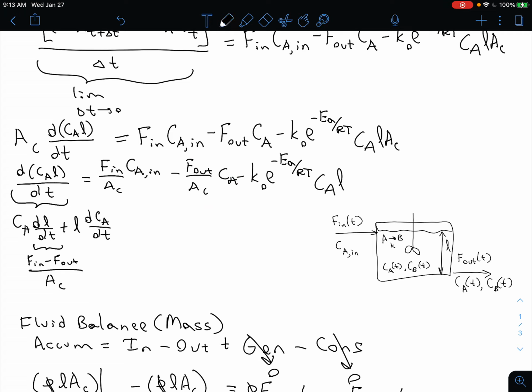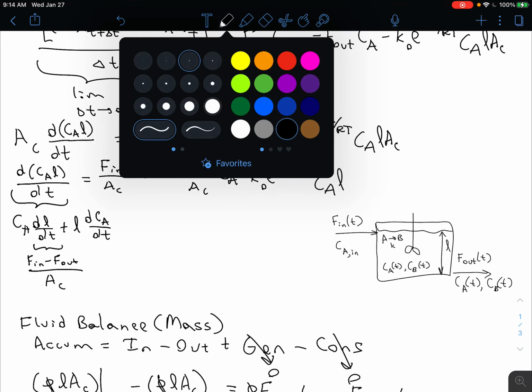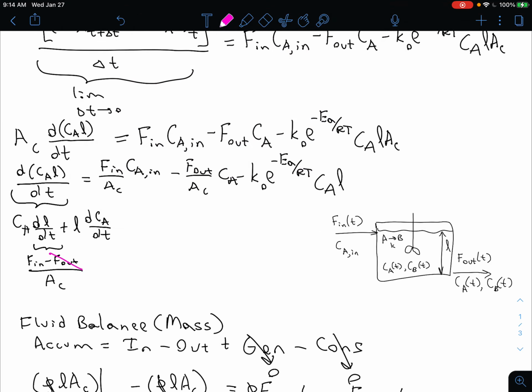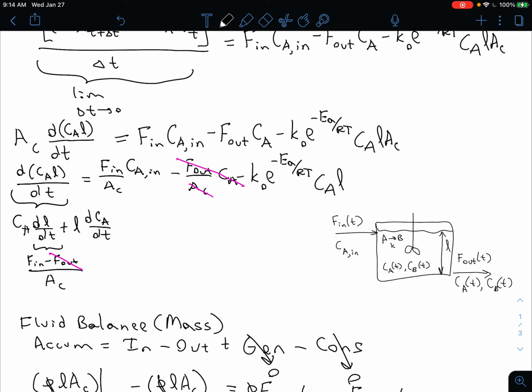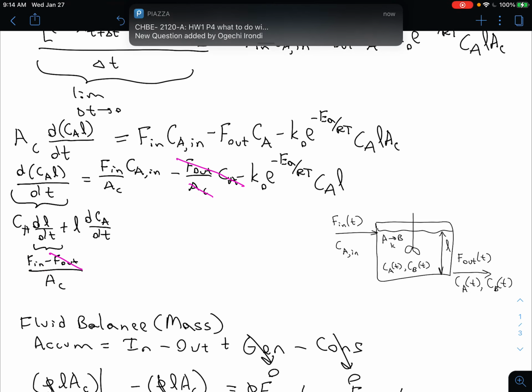So in fact, I'll use a different color. This F out actually cancels with this whole term right here. And so we can simplify this equation as follows. We can collect terms a little bit. We can divide through by L, and then move this F in term to the other side, and this simplifies to